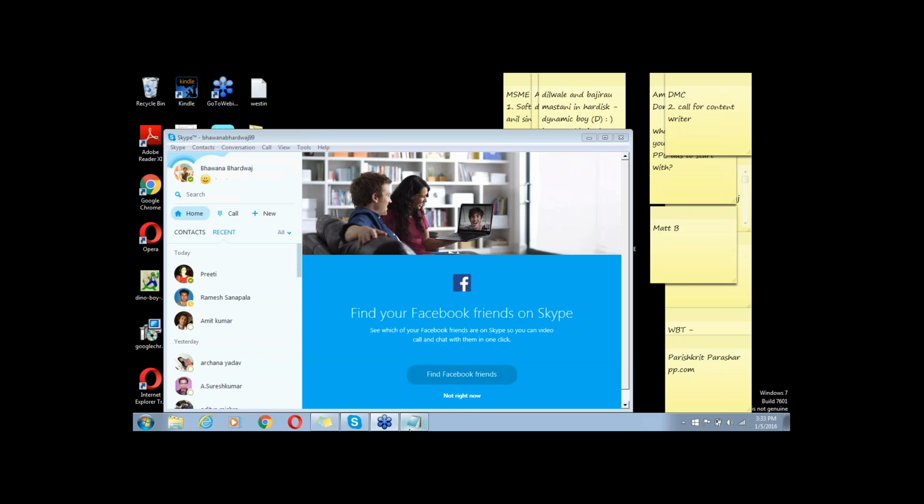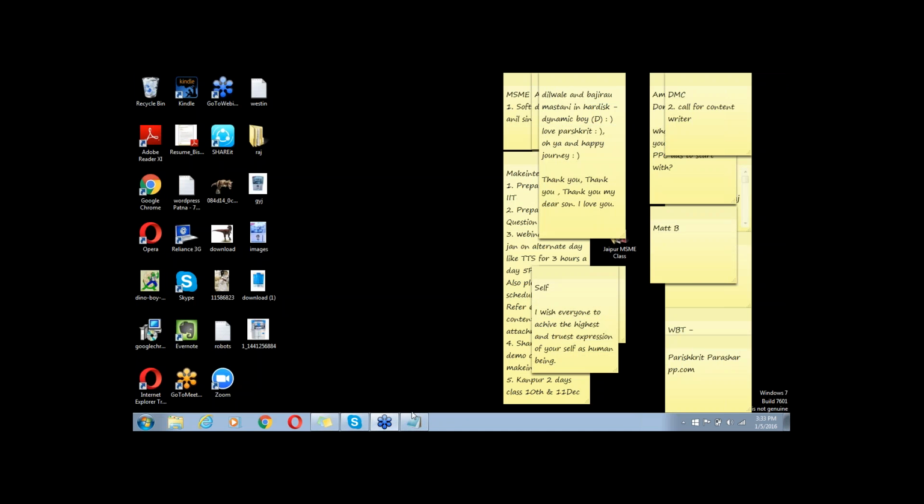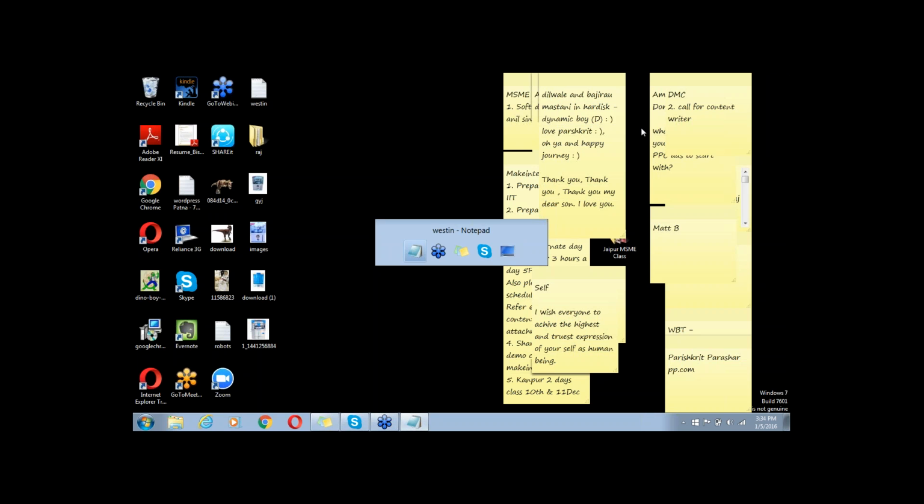Not able to open that text file. Can you guys see that text file?